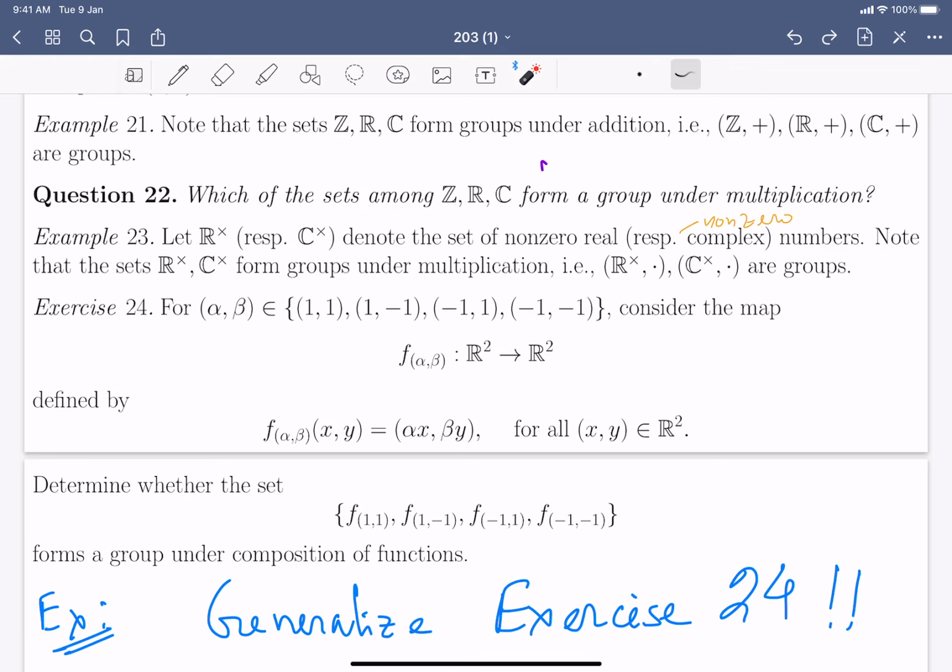Do they form a group? That's an interesting question to ask. So here is that question for you: which of these sets among Z, R and C form a group under multiplication? Here, of course, we have started with sets. For instance, if we just focus on the set of real numbers, for instance,